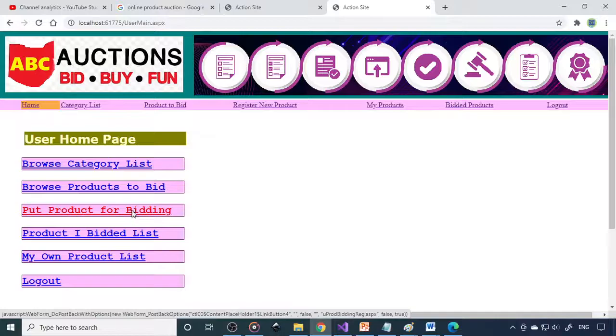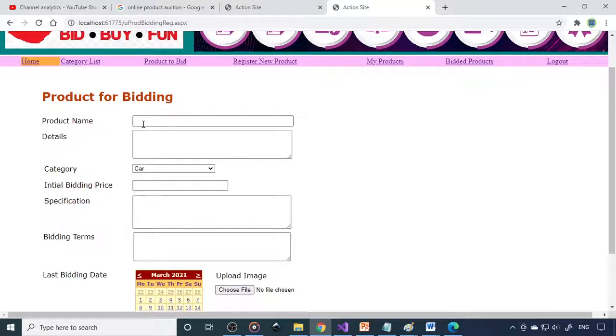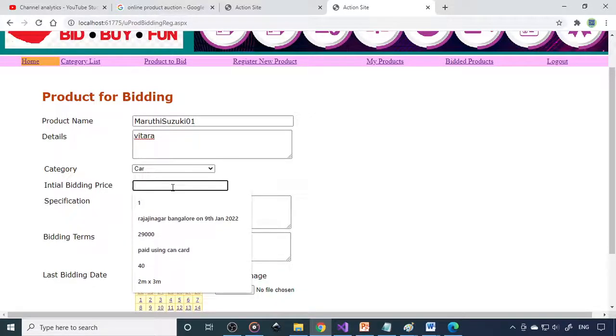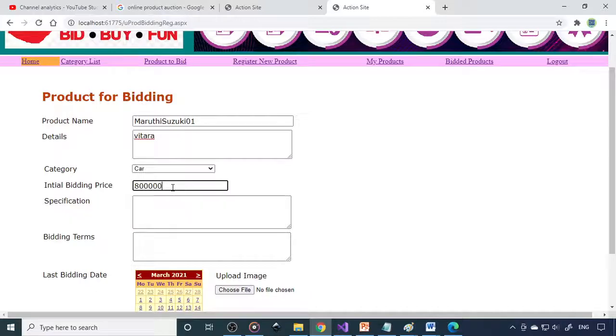Put product for bidding. So now you want to sell the product. Okay. So let's say Maruti. Fine. So then you can give some name here. Fine. So this is the Vitara car. Bidding price, it's around 8 lakh rupees.